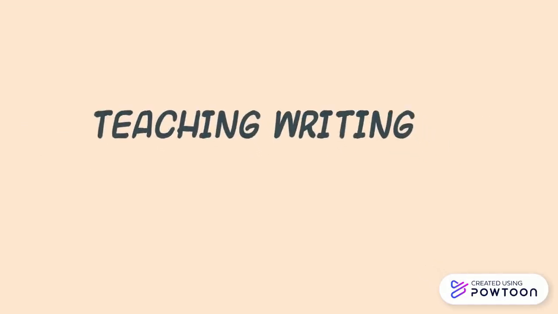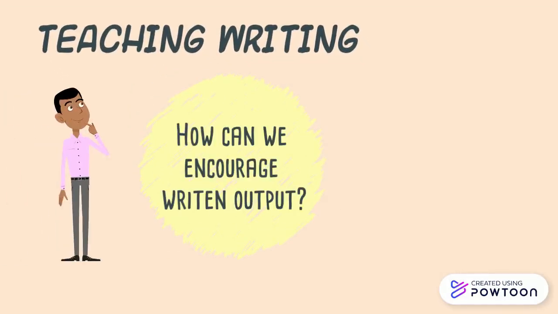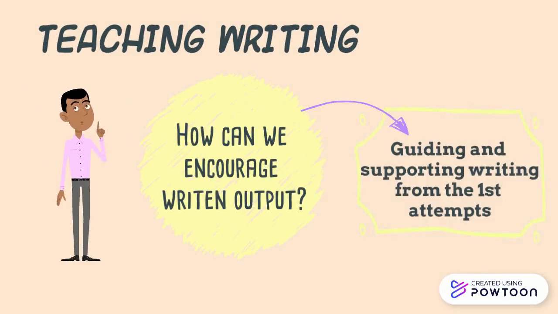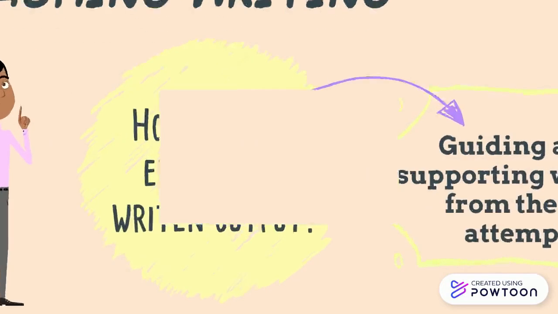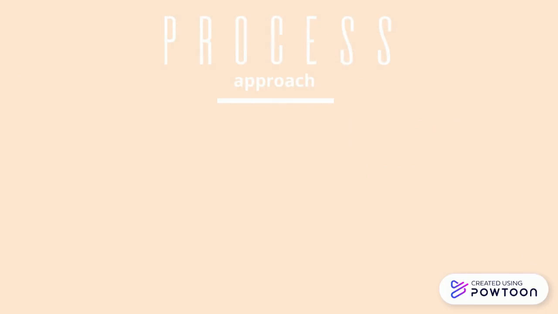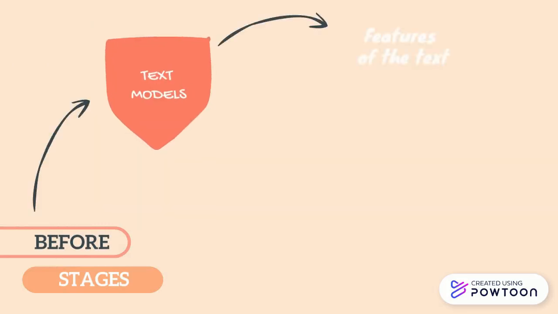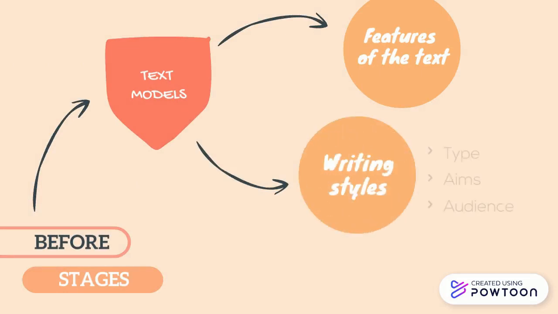Now, when teaching writing, how can we encourage written output? Well, we should guide and support students from the very first attempts. The process approach sees writing as a process with stages: generate ideas, organize ideas, and finally link ideas. Before working on the stages, we can work with some text models. We can look at the features of the text or at the writing styles, focusing on the type, aims, and